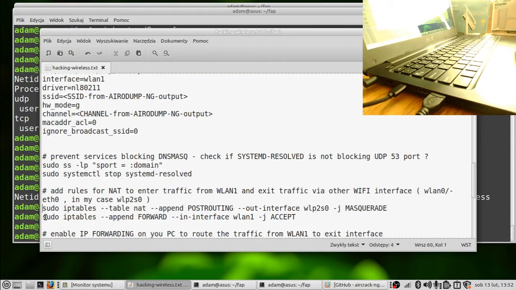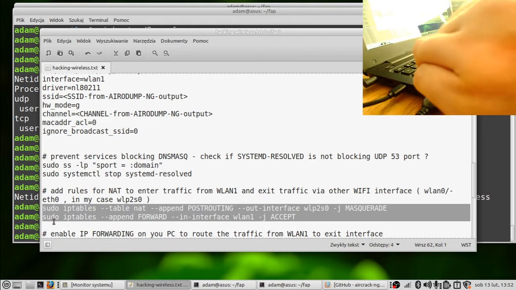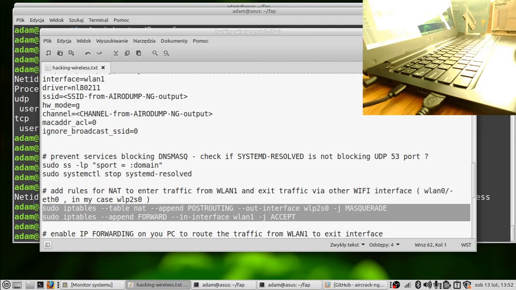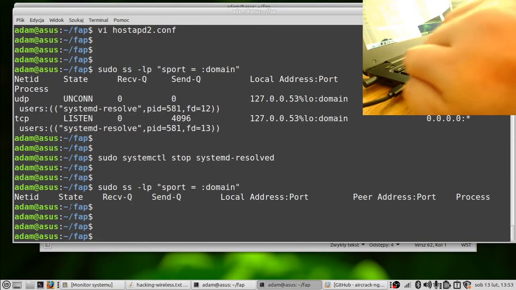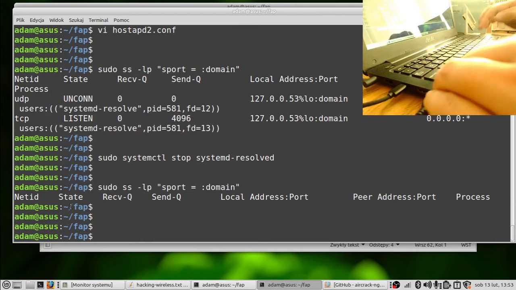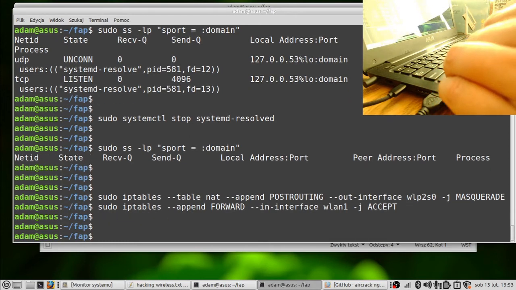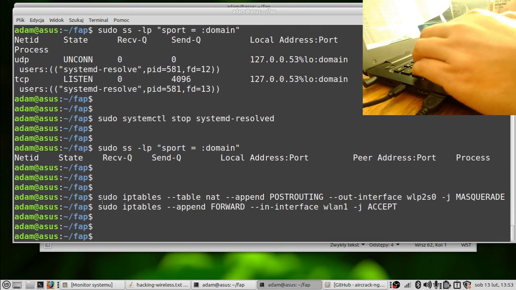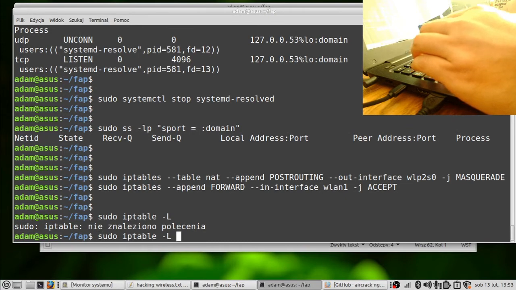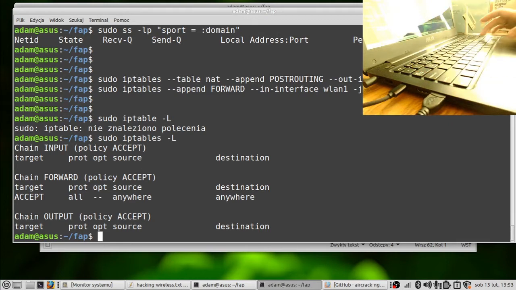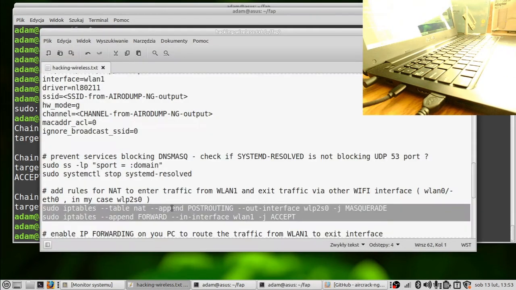Another thing is that you need to create rules in the Linux firewall, simply to create NAT entries. So your machine will be doing network address translation for internet access for the terminals that will connect to your access point. I think we can also check if this is applied with iptables. I don't know the command exactly, but it doesn't matter at this point.